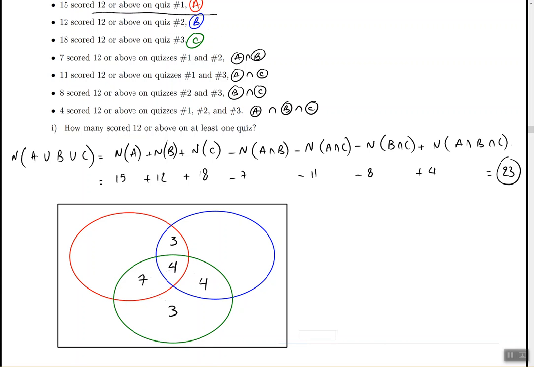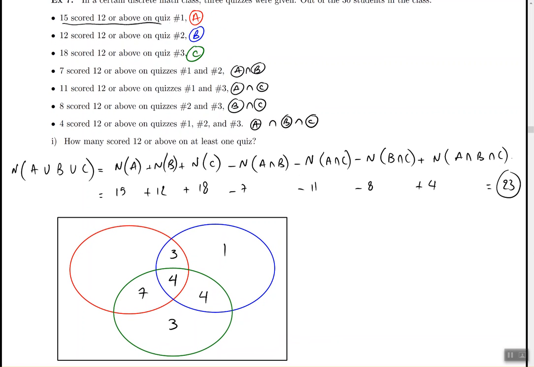Now inside the blue circle, there were 12 people, and I already have 11, 4 plus 4 plus 3, so there's only 1 person still missing. And then finally inside the red circle, there were 15 people in total, and right now I have 14 accounted for, so only 1 person is missing. Okay,